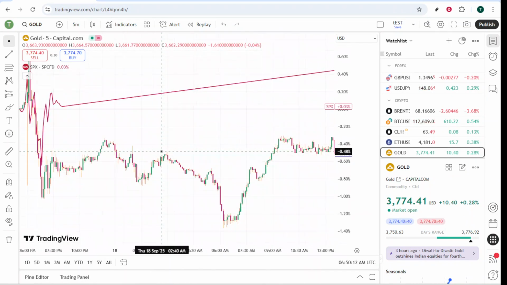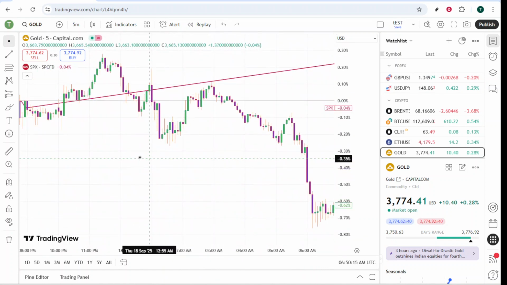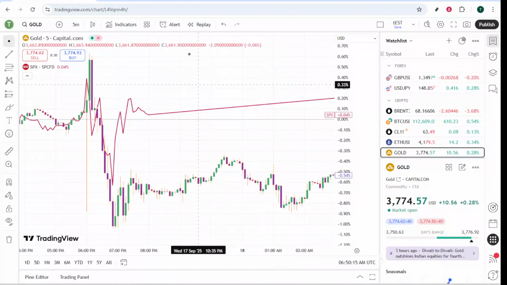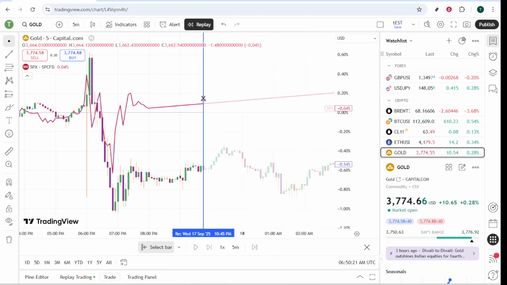Another feature that's unavailable when using the converted currency mode is the bar replay. This tool, which allows you to review and analyze past market movements, cannot be used when you're viewing data in an alternate currency. In conclusion, while this feature offers great flexibility for different currency views, it's crucial to understand its